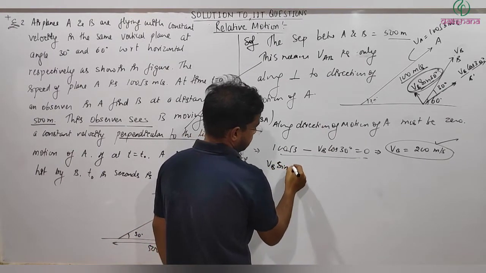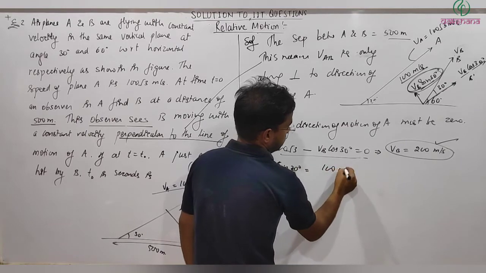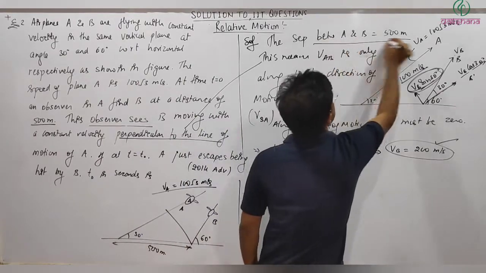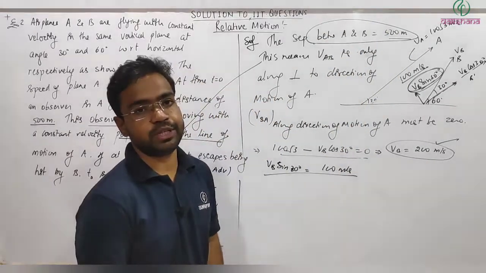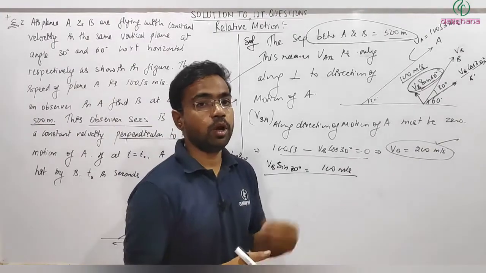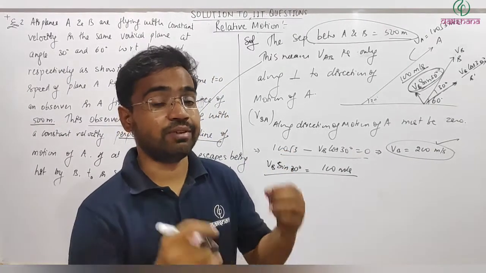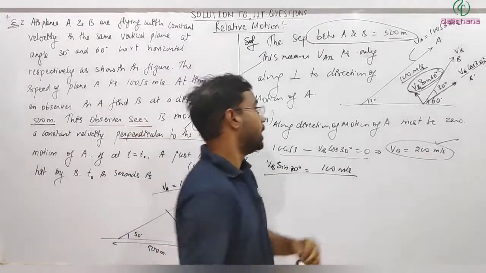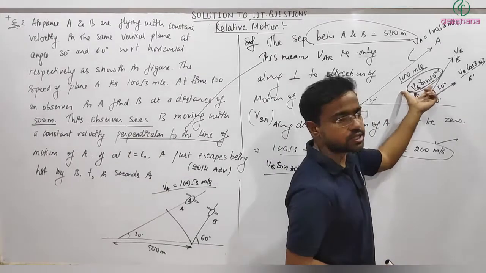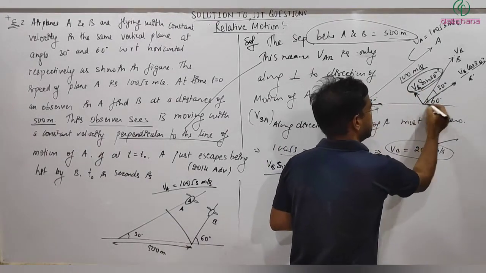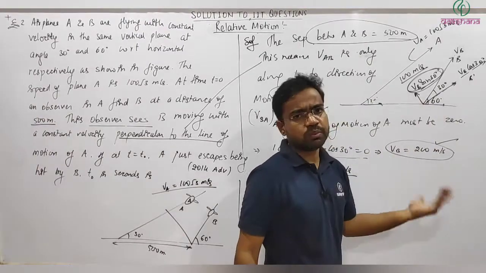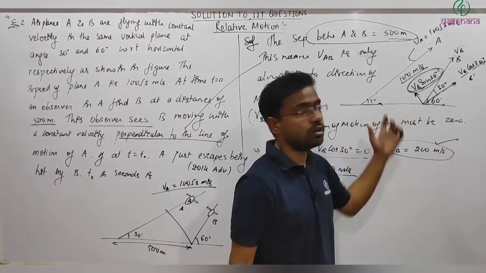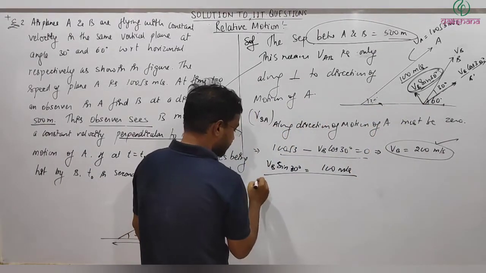VB sin 30 degree will be equal to how much? 100 meter per second. Now another point: it is given that initially the separation between them is 500 meter. To cover the separation between them, only the velocity of approach is required, and velocity of approach is the component of relative velocity along the line joining them. So either you can write it as simply this, or you can write the component along this and then get the relative velocity. Both will be the same thing, because this component will not be along the line joining them, is it? So velocity of approach